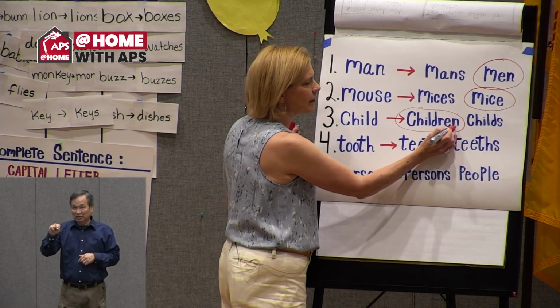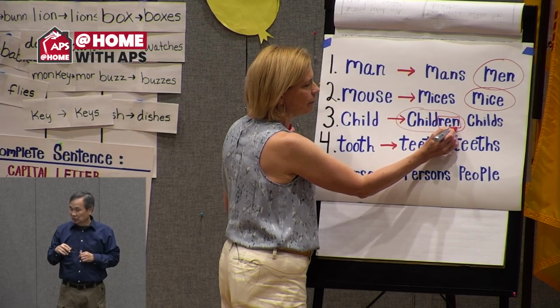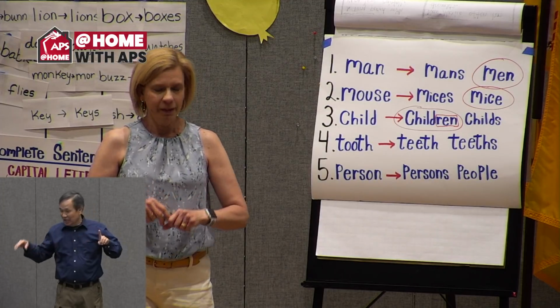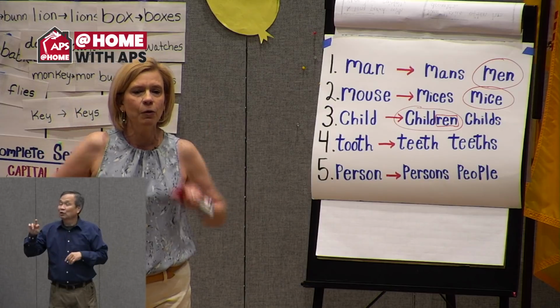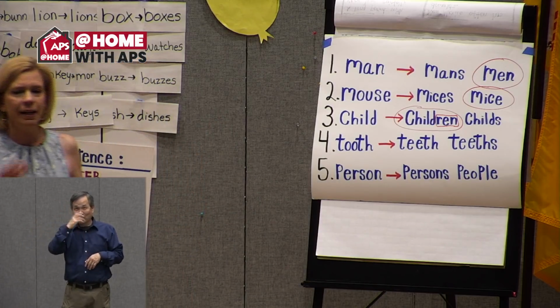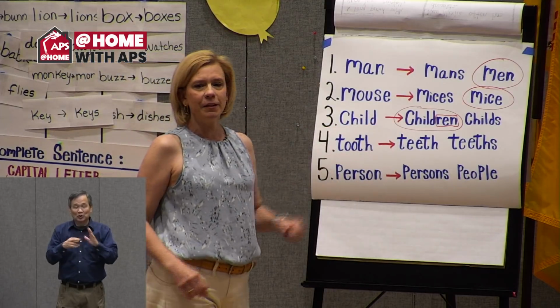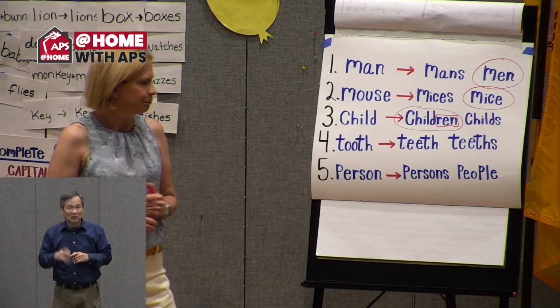Let's just revisit that real quick. Look it. To make children plural, we added an R-E-N. That is really outside the box, right? We talked about those rules at school and how sometimes you can break that rule. This is definitely breaking that rule. So that's something we just have to remember.